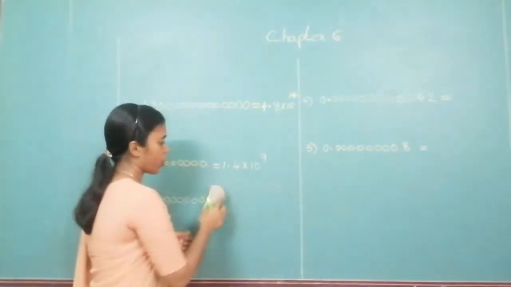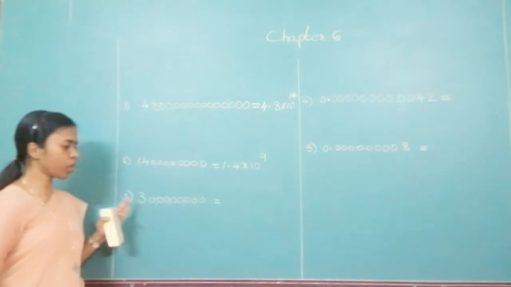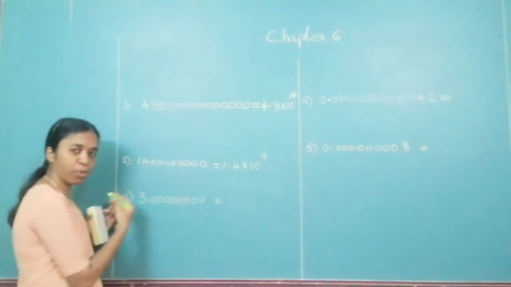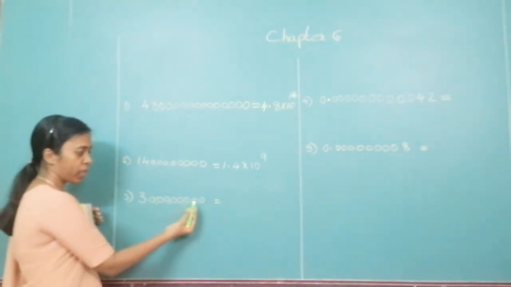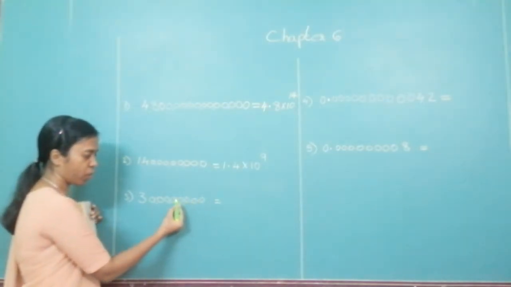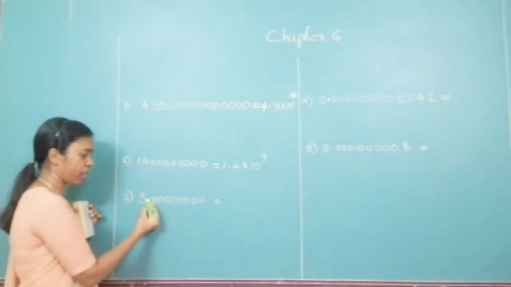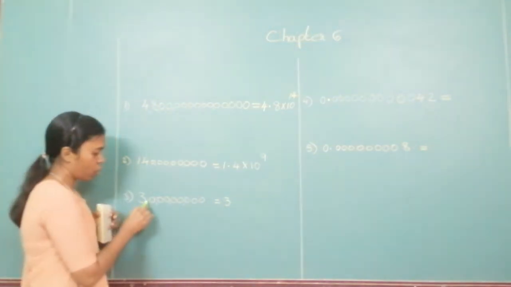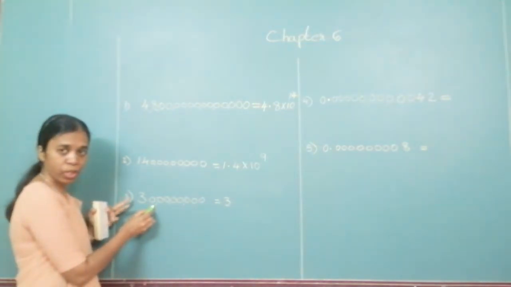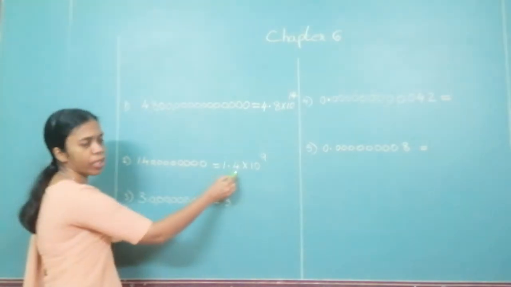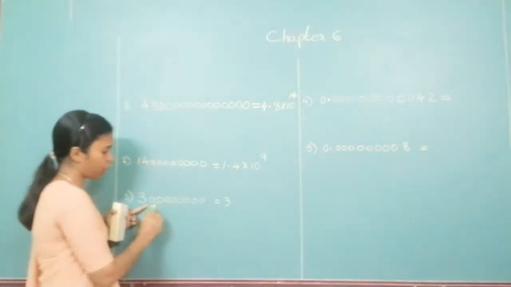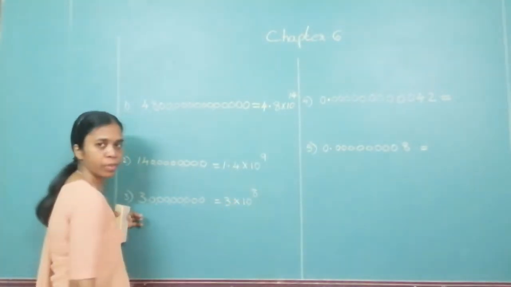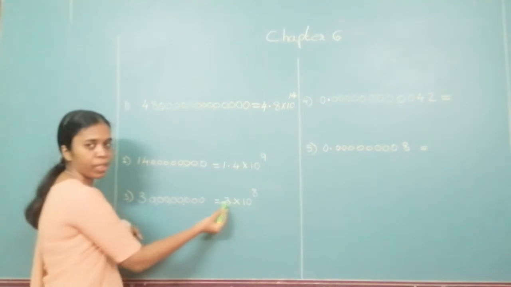Look over here now, the third one. Right now, where is the decimal? Over here. Now, I have to shift to the left side. When I start counting: 1, 2, 3, 4, 5, 6, 7, 8. So how do I write it? 3. Now, do I have any numbers over here? I don't have a number. When I had a number, I put that number after the decimal. Since I don't have it, I can directly write it as 10 raised to 8.